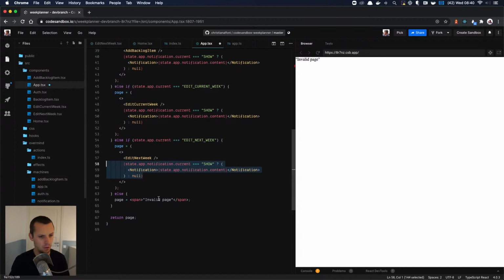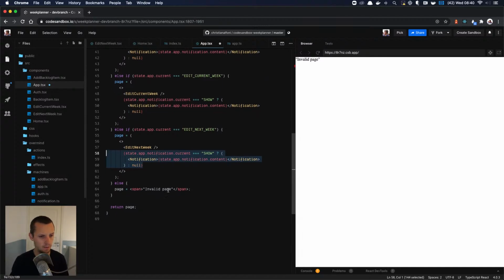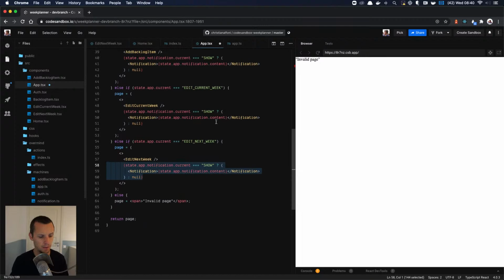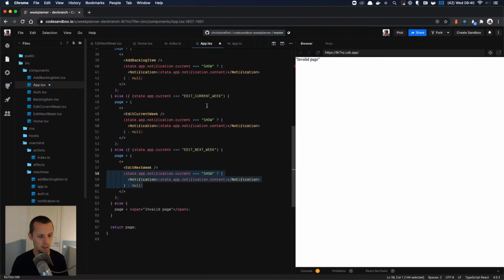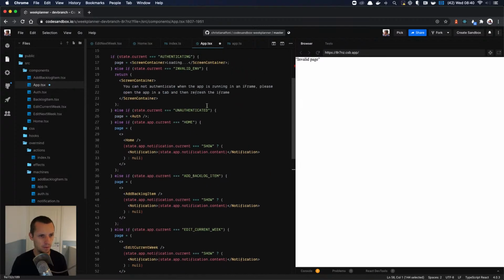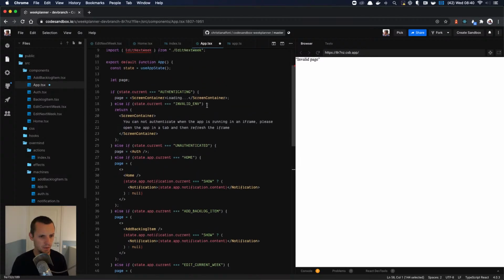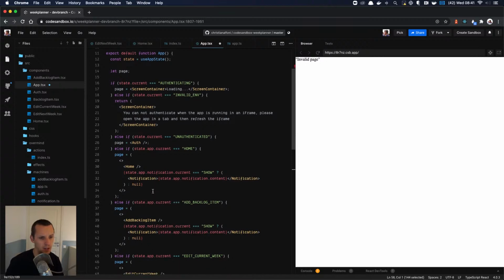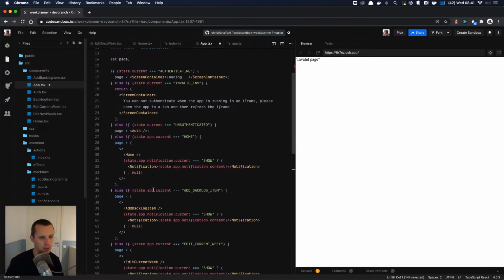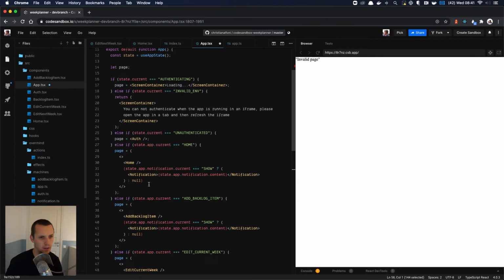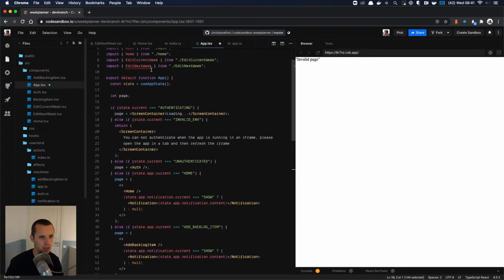Because we are showing invalid page, and we're only showing the notifications if we actually are in the app. We could move this outside. Yeah, we don't really have a good way to do this. Well, we could create a function, really.